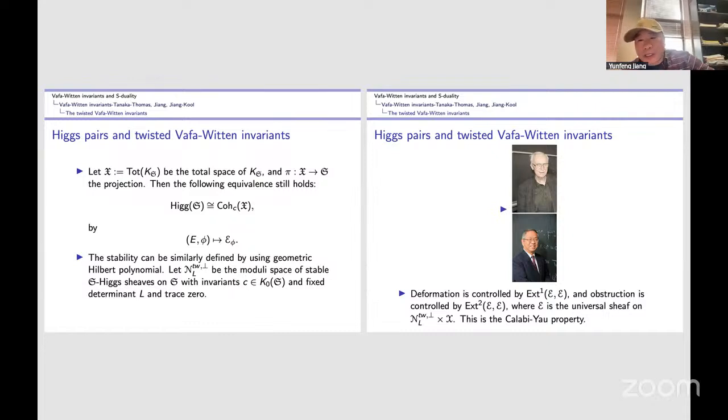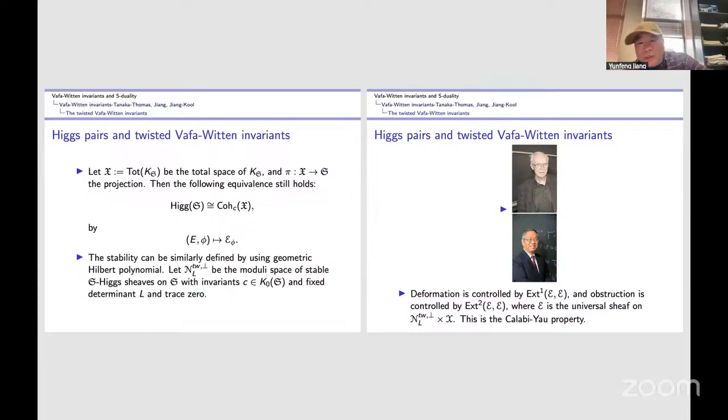That's why Calabi and Yau's pictures are here, right? This is really a Calabi-Yau structure. So the total space of the canonical line bundle on S is a Calabi-Yau. Although it's open, right? It's not a compact Calabi-Yau, it's an open Calabi-Yau. But in this case, it is a threefold.